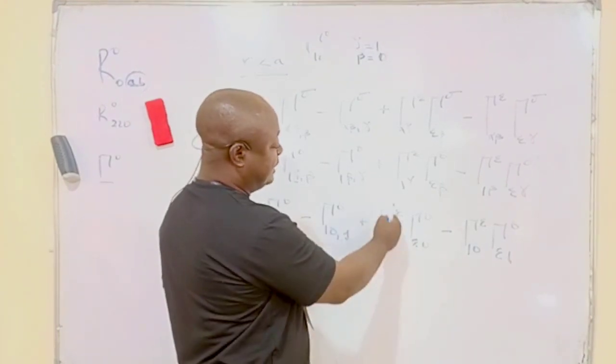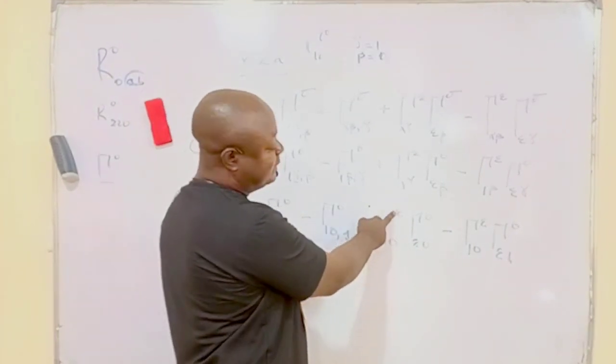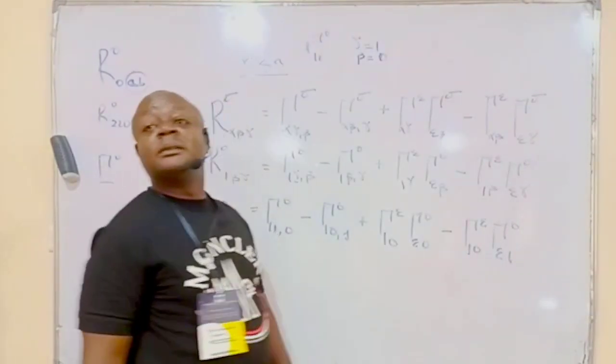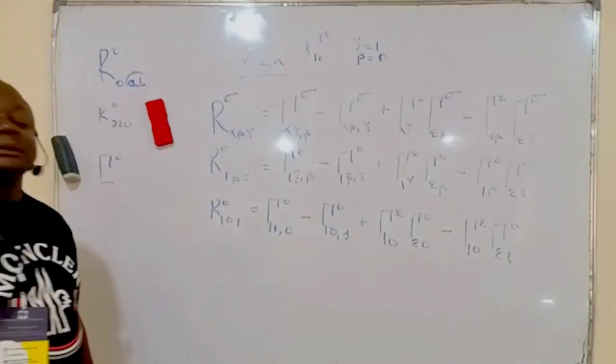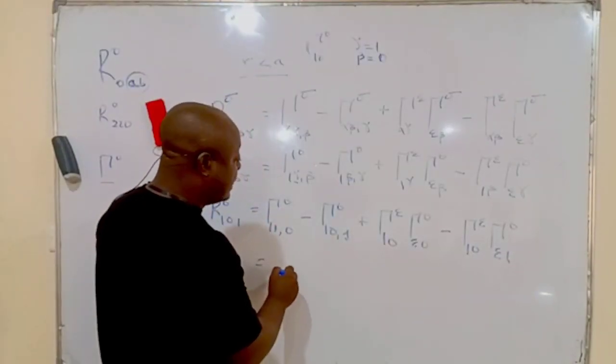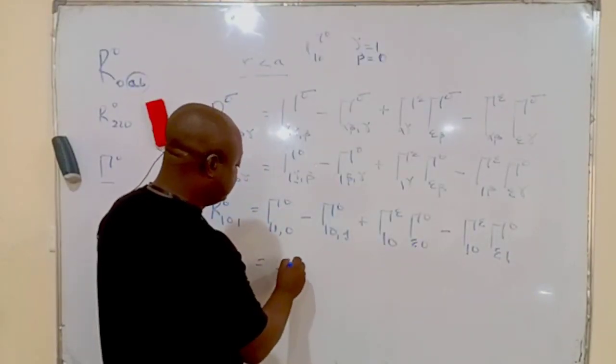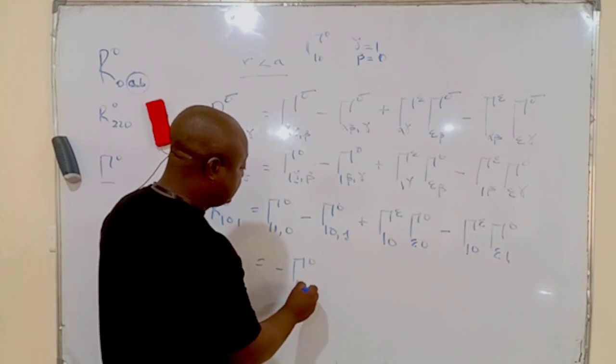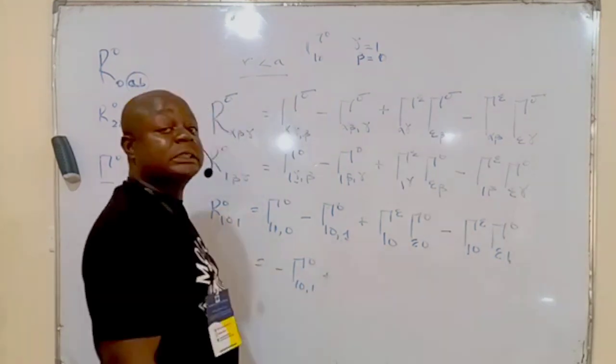If epsilon is 1, do we have 1, 1, 0? We have 1, 1, 0. So what will happen is we are going to have minus of this, plus